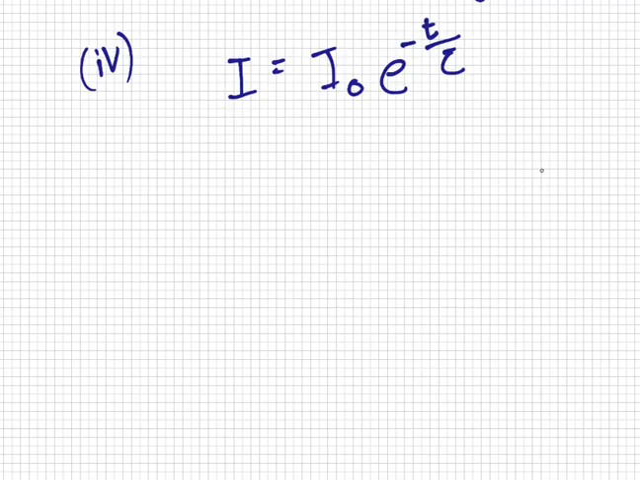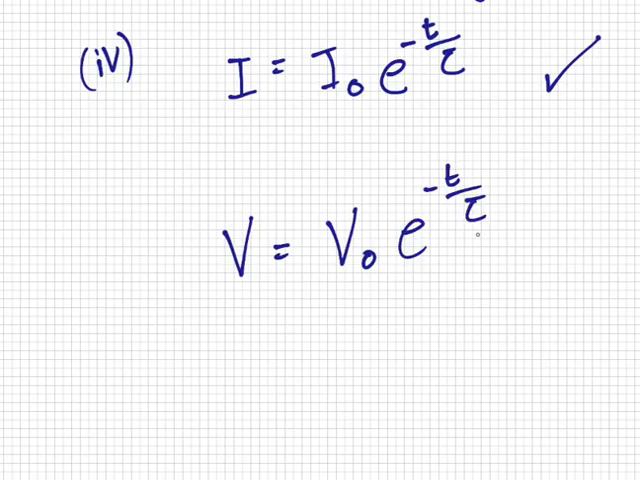Now, please look up. This formula here is also true for voltage. You also have the voltage equals the voltage at the beginning multiplied by e to the minus t over the time constant. And you might say, why is that? Well, if you look up here,